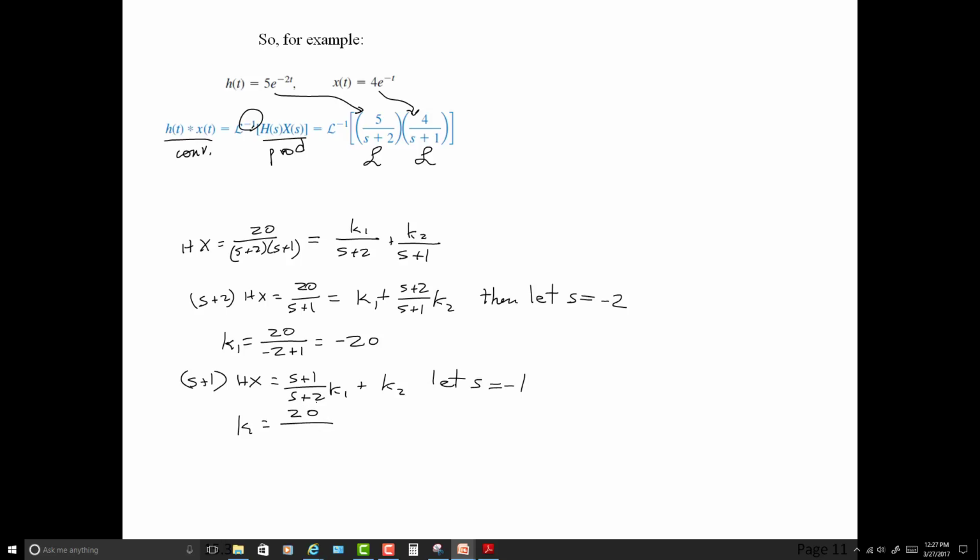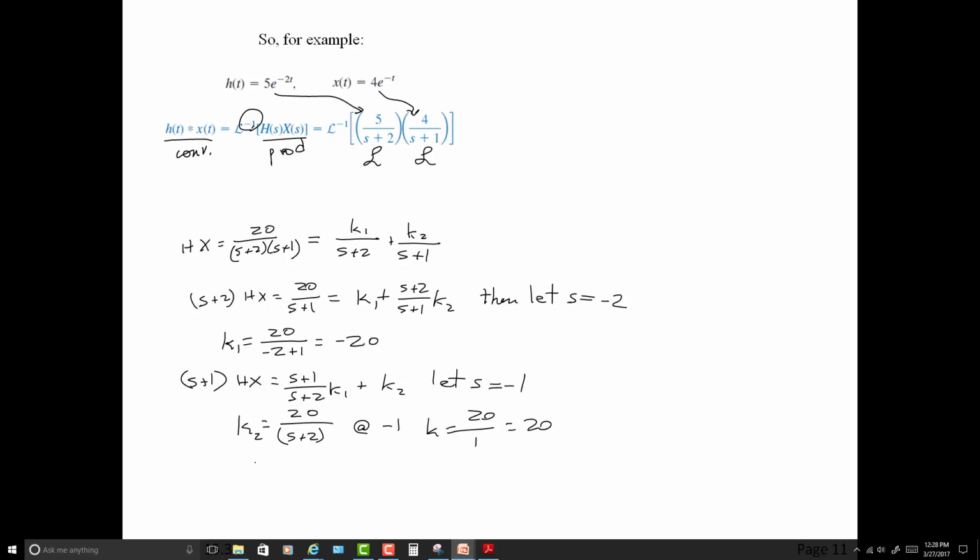over, what have we got? I lost track of what I was doing. K2 then will be equal to the Hx up here times s plus 1, which will be 20 over s plus 2. And at minus 1, k2 will be equal to 20 over 1, which is 20. Okay, so we put it all together, and we will have